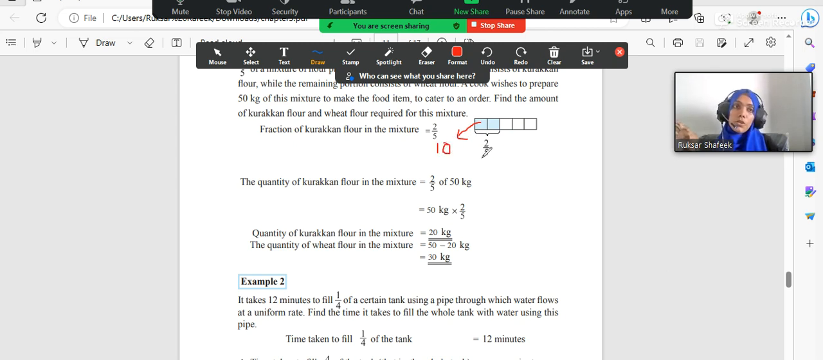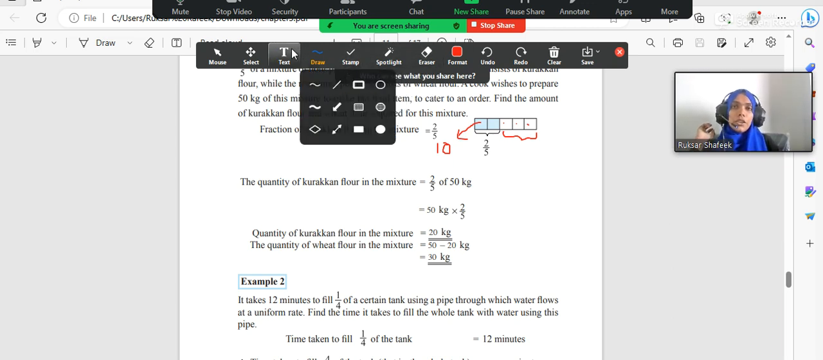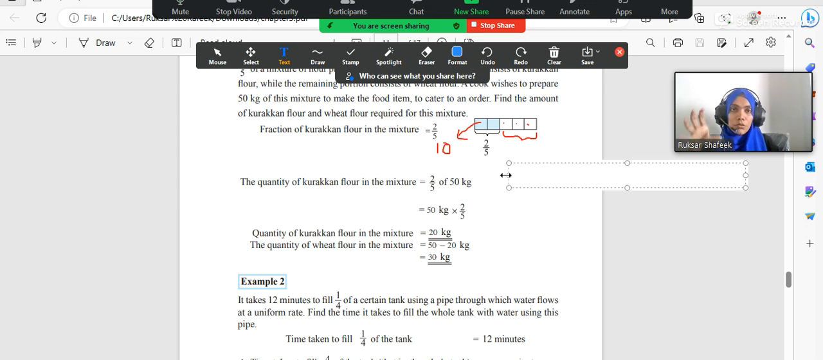So 1 part is equal to 10 kilograms, which means 2 parts, which is Kurakang, is 10 plus 10, 20. And then the remaining 10, 10, 10 is 30, 30 for wheat flour. So that's exactly the understanding that we have here, how we can figure out how much is equal to. Or basically, if I'm writing this down using a calculational method, you know that